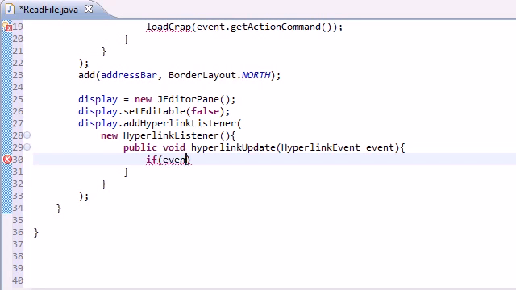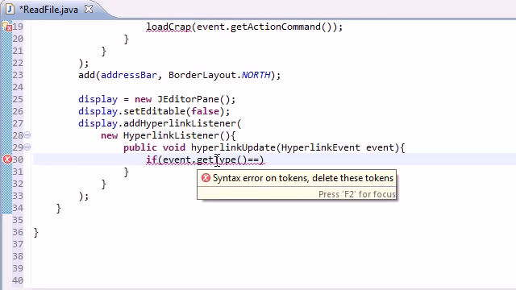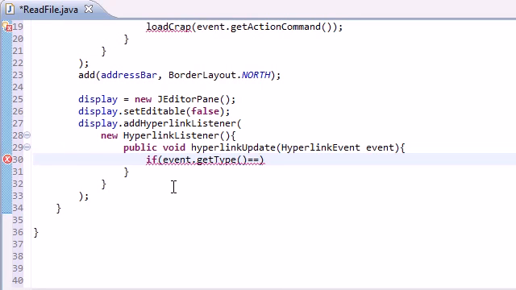So in order to do that, if event get type, and this pretty much returns the different types of events you can have, such as click, which is called activated, roll over, which is called entered, and roll away from, which is called exited. So, okay, we want to say, okay, if this is equal to hyperlink,